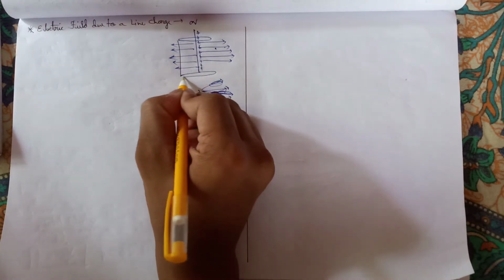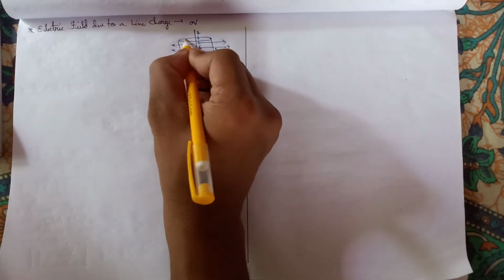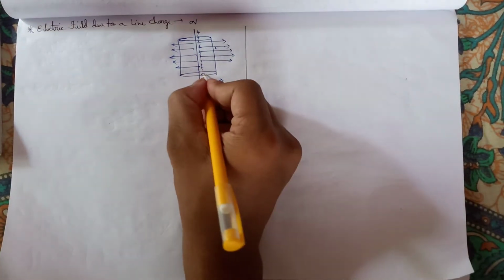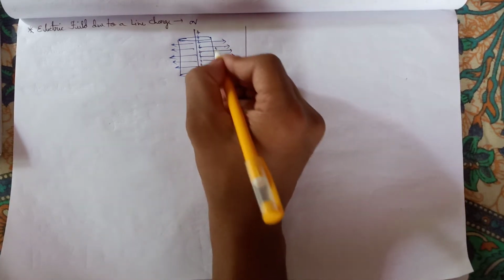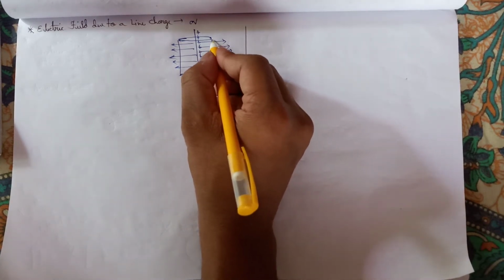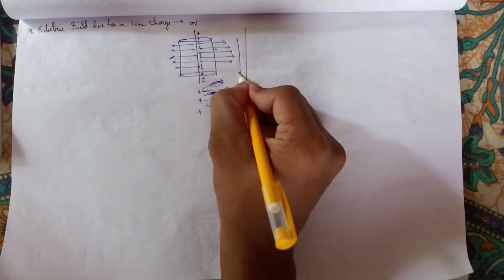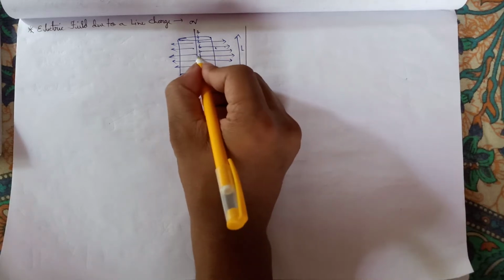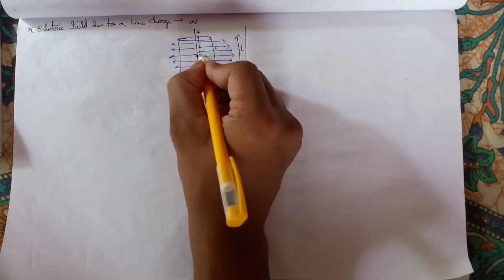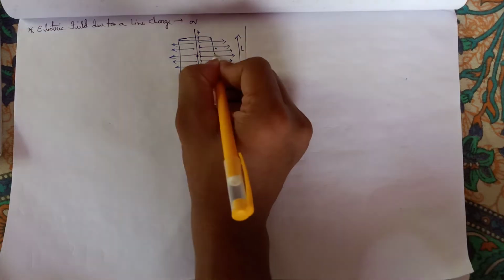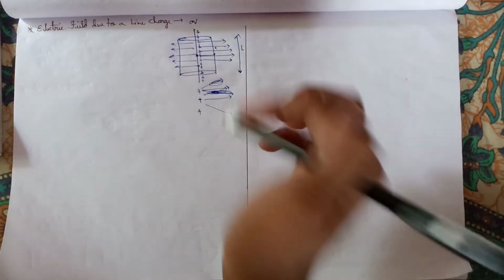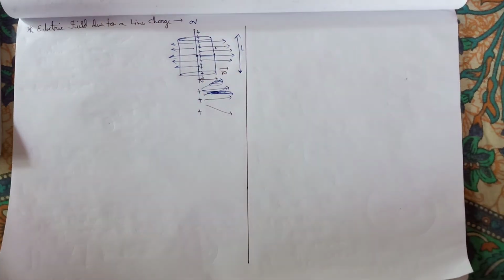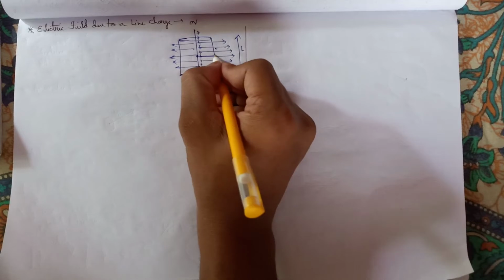So the electric field lines will look like a cylindrical form. Let's consider the cylinder here. If we take a cylinder having length L, and the distance from the axis, we are just considering this point. So now we have to find out the electric field here.